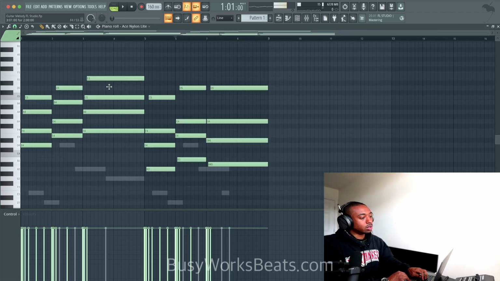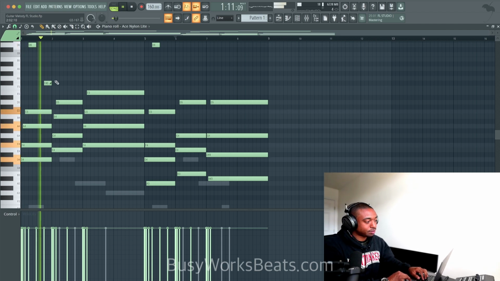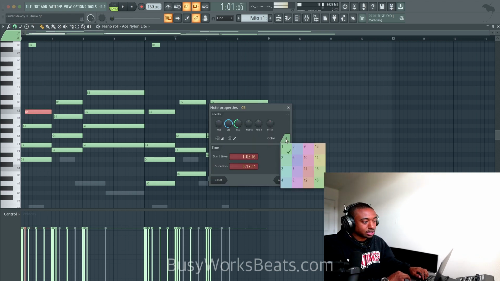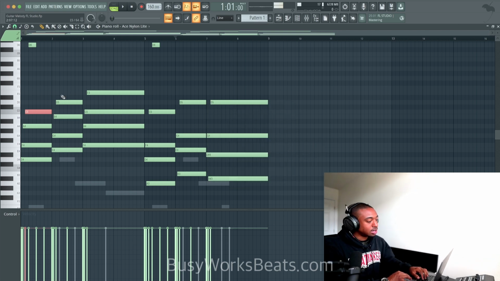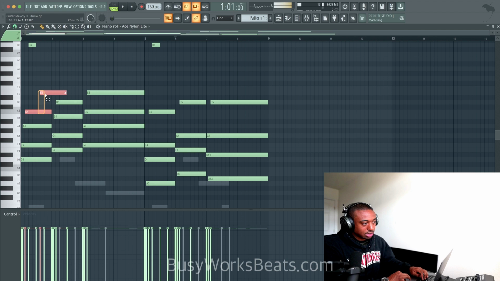Now again, let's say you go to the harmony layer and you have the top line in harmony and you try to add a pitch slide, it will pitch bend all of the notes to that note. And it sounds fake. So I only want to pitch bend the top note of a chord. So in this case, we're going to grab that chord, double click on it, and change the color. This is changing what's called the MIDI channel. You don't need to memorize that. Just change the color. And now let's add a matching note. Double click, make it the same exact color, and then make it a slide note. So now that note will slide to the other note of the same color.